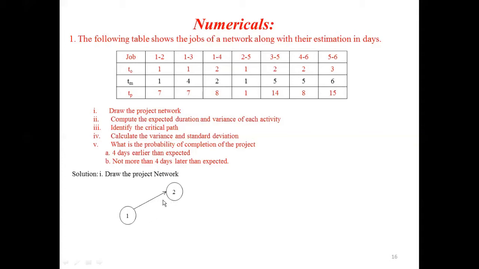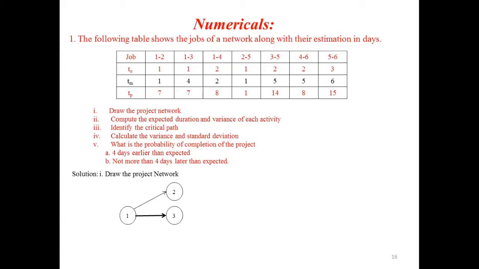The next activity given in the question is 1 and 3, and hence node 3 you have to represent below node 2, in front of 1 and below 2, and draw an arrow mark. This 1 and 3 represents the activity 1 and 3 as per the given drawing. For the time being, forget about the thick line and thin line. I will tell you why to draw the thick line at the end, to identify the critical path.